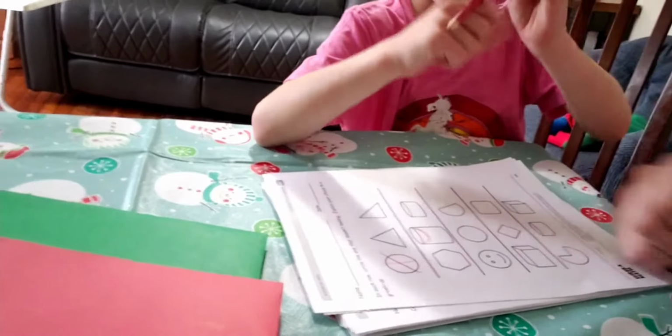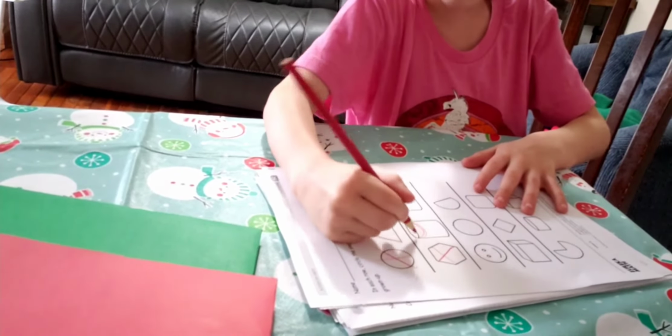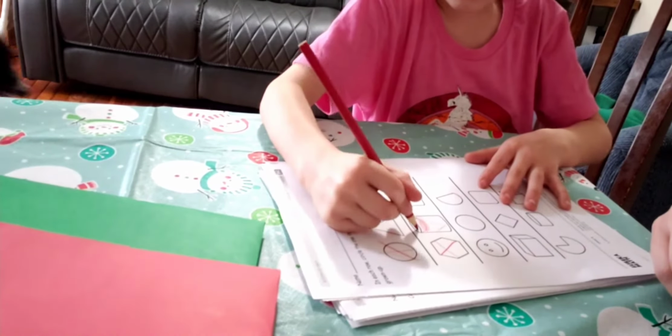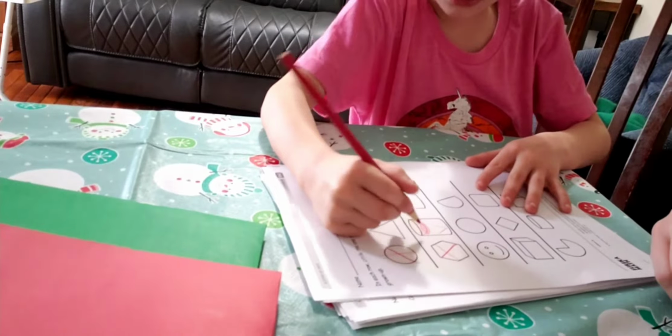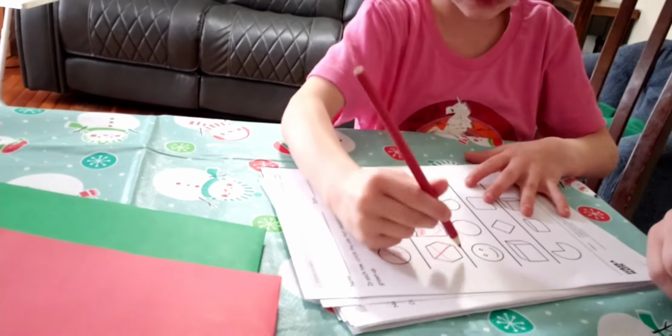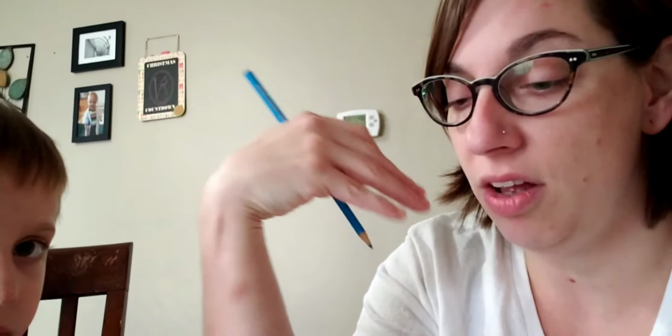I'll show you, and this one has no curves. Mm-hmm. This one does. This one does. And it has 1, 2, 3, 4, 5 flat sides. But this one has 1, 2, 3, 4, 5, 6. Okay, nice. See, by asking him those questions, I was able to dig deeper into what his understandings of the